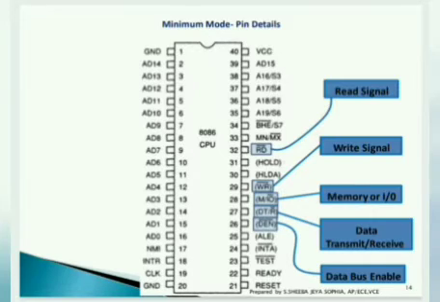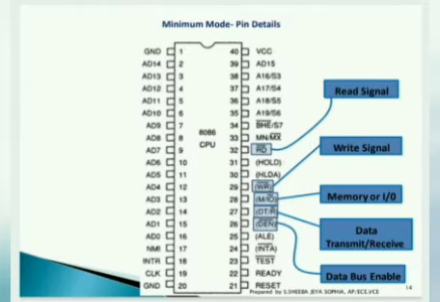That is MN/MX bar. MN, if you are giving this pin the value 1, that is, if you are giving the power supply input to this pin, it will act in the minimum mode. If you are not giving supply, if it is grounded, that is for zero input, this pin acts as maximum mode. On this condition, our processor will act in maximum mode, so that you can connect other processors, for which the other coprocessors can act as a master for controlling the bus signals.